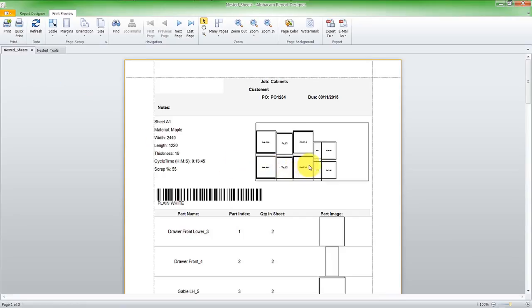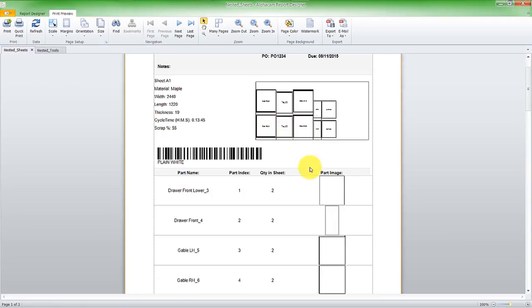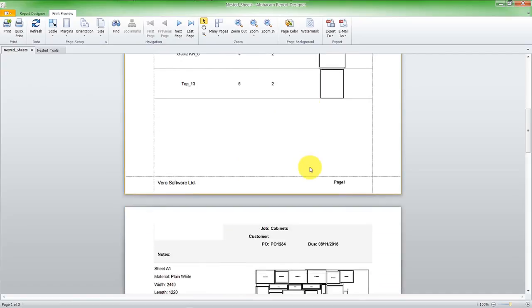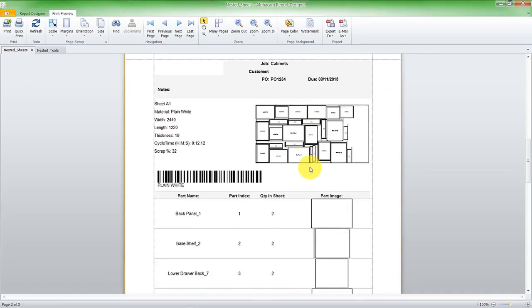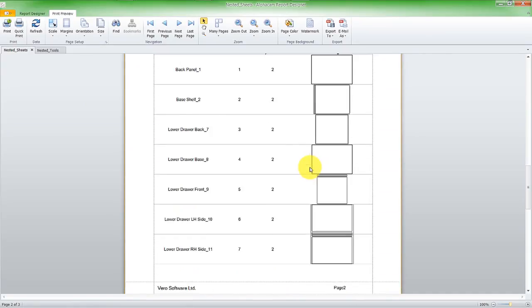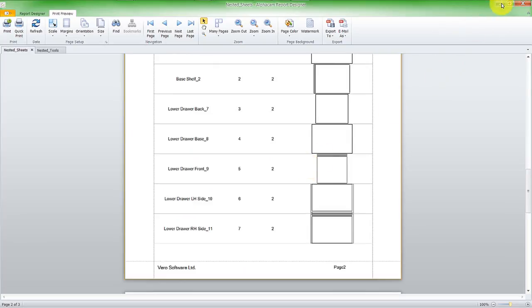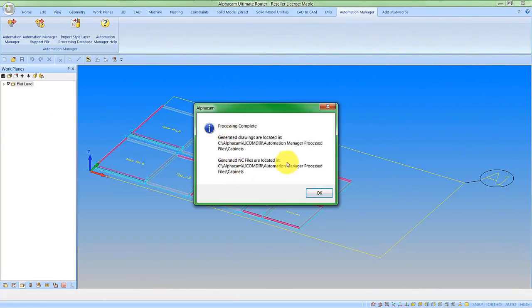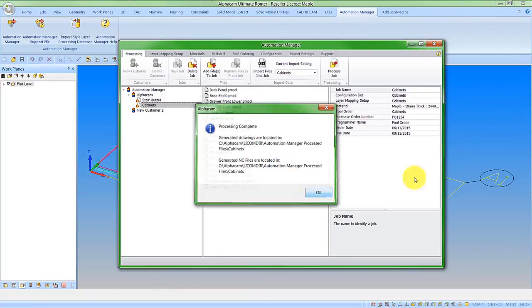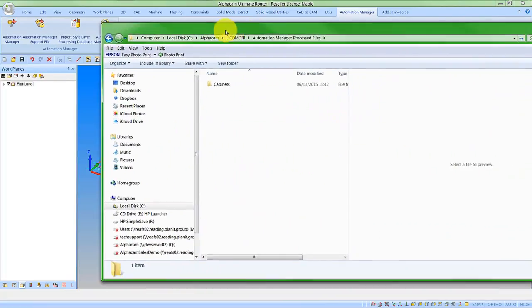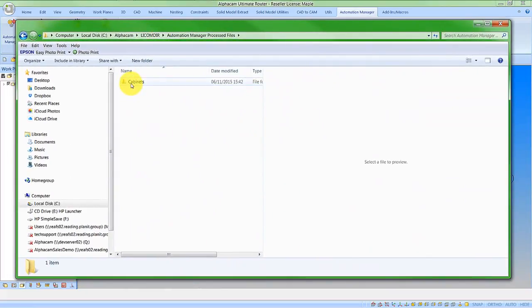So here we have a report of obviously each sheet and the parts on it, and let's go down to the second sheet with the plain white material and all the parts that are on that. We obviously then confirm that the parts have obviously been output. We're okay with that, and if I now look at my Windows Explorer, I can go into my order of